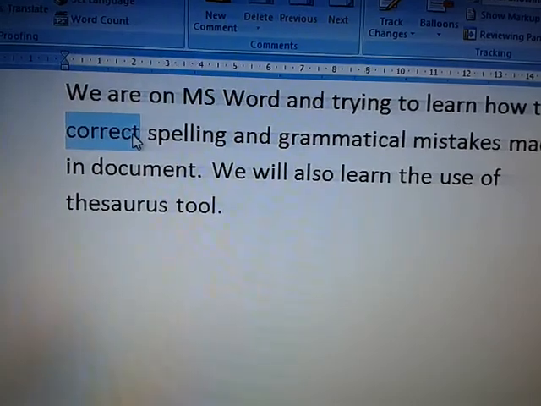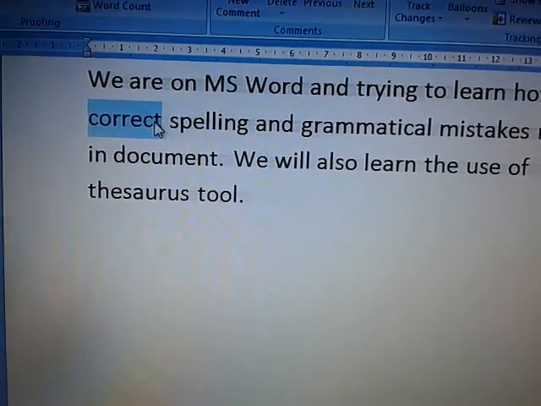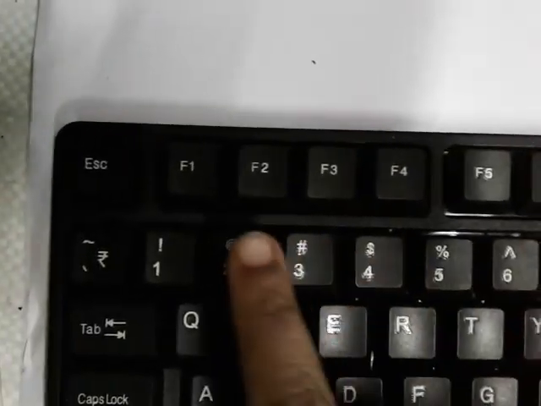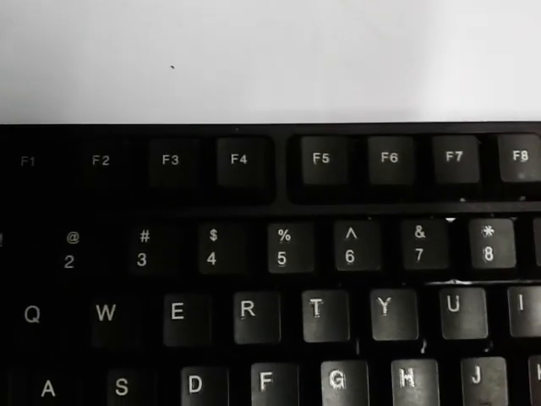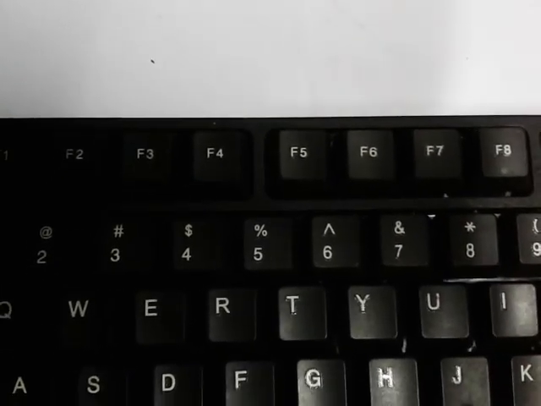Select the word, and on your keyboard, the first row has some function keys, F1, F2, F3. You can see up to F12 is given. These are called the function keys. Now we will use F7. For thesaurus we will press Shift and F7 together.